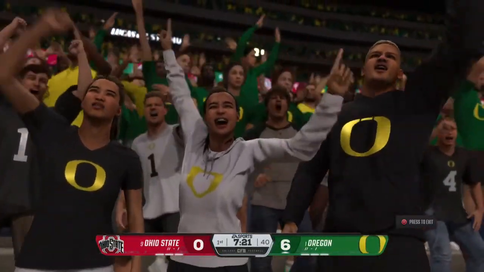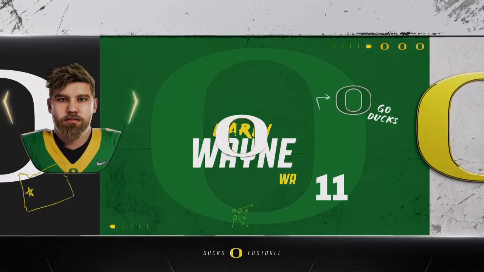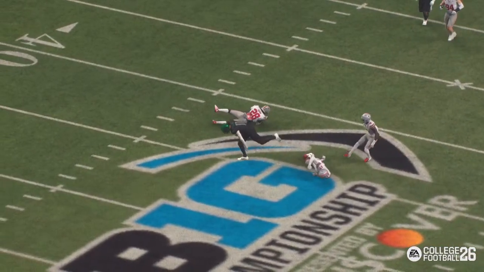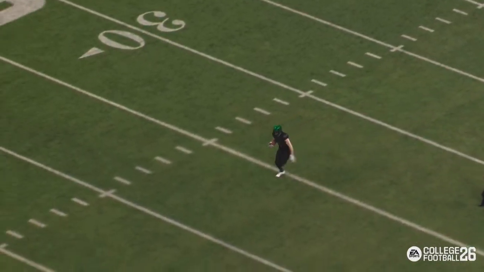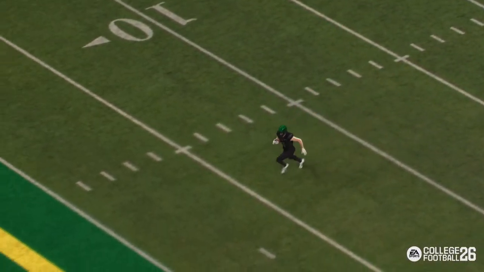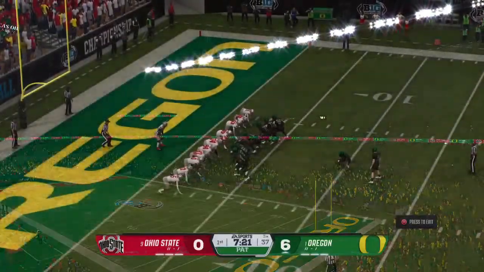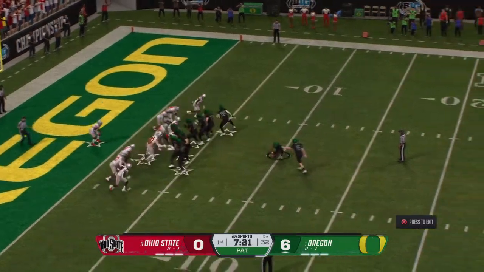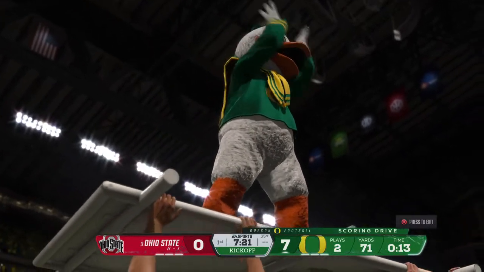Chris, how about that? A quick slant that goes for this many yards and a touchdown. That's what's so dangerous about this quarterback and wide receiver. Quarterback puts the ball right on the money, and by doing so, look at the receiver. Catches it in stride and has all that room to run after the catch for that touchdown. And they'll set up for the PAT. And the PAT makes it 7-0 to open scoring.